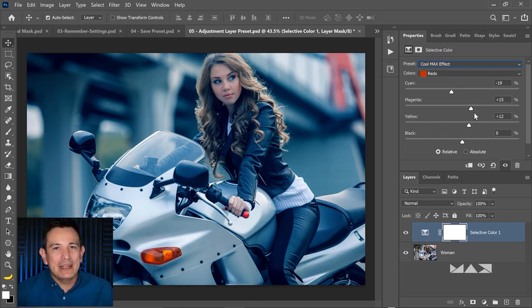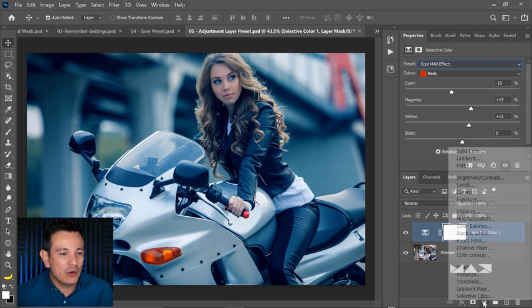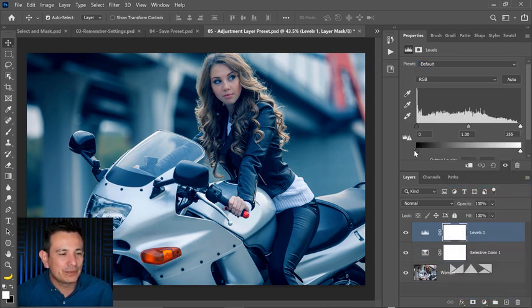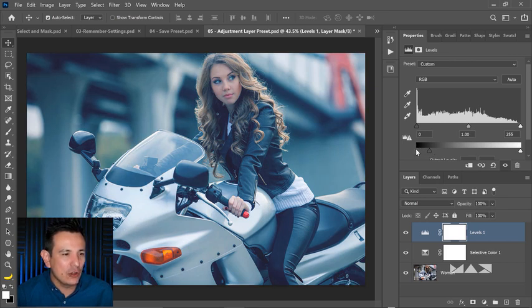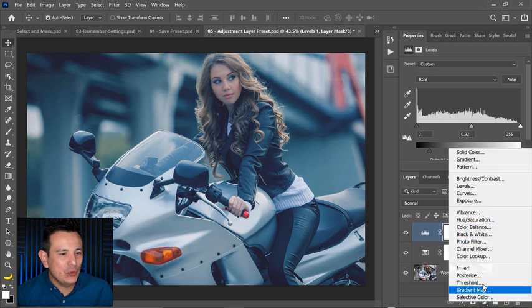Now, what happens if your adjustment has multiple adjustment layers, not just one? Let me just create a few more adjustment layers to create a different effect. I'm going to create a levels adjustment layer, and I'm going to drag the black point to the right so that the darkest color is no longer black, is this shade of gray. And I'm going to drag this slider to the left so that the brightest color is no longer white, is this shade of gray. Now I can adjust the gamma just a little bit, and I can create a new